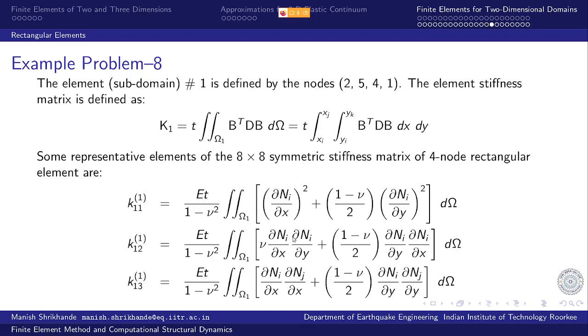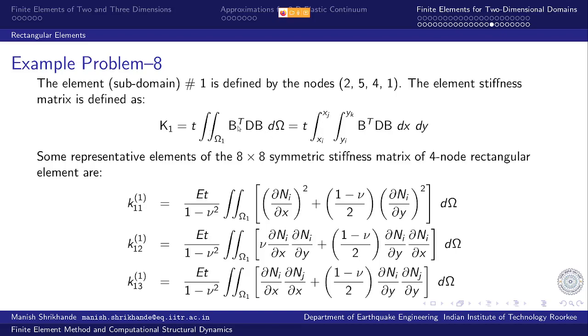Right? So the element subdomain, that is element number 1, is defined by this mapping of I, J, K and L, the global node numbering. So the element stiffness matrix is defined by B transpose D B integrated over the domain of element number 1, multiplied by thickness T. Now this is of course defined over